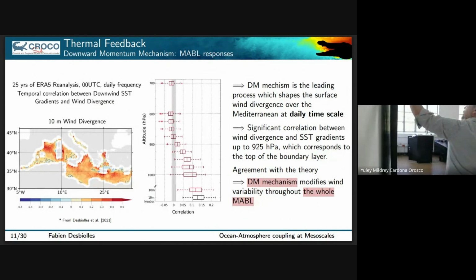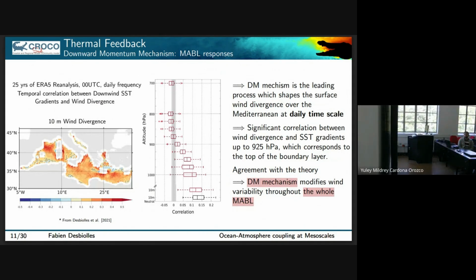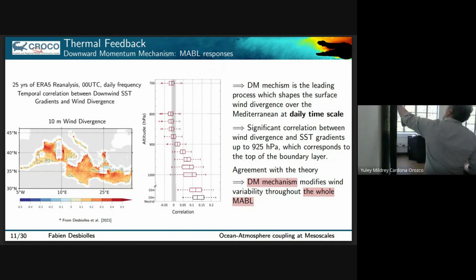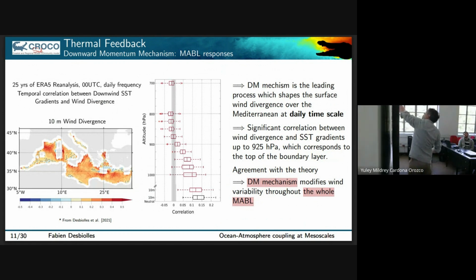Here I show you the correlation between SST gradient and the wind divergence, okay? You remember for the global map, if it's red, it means that the DMM acts. This process is acting. So we are happy, we verified that this is true for the surface. And we're gonna compute all those correlations with different levels of wind, higher in the atmosphere. And we see that the correlation here is positive, so that means that the DMM is acting